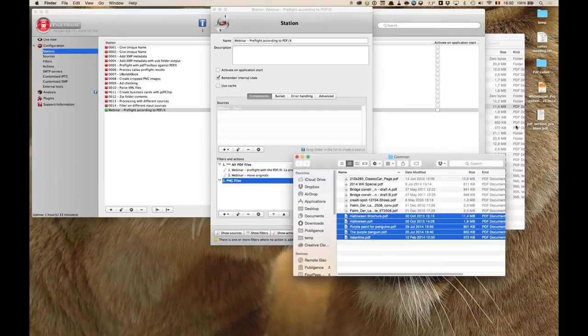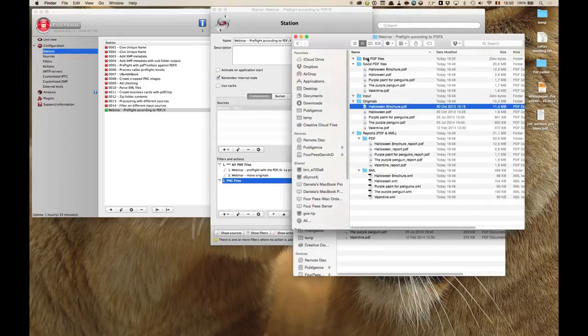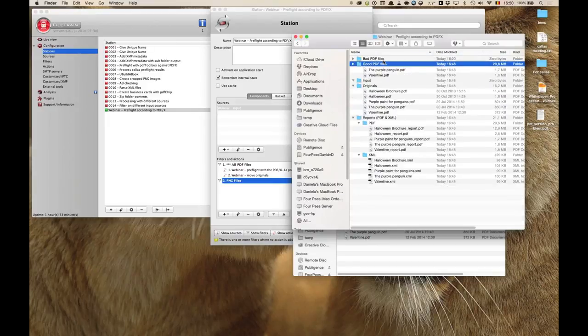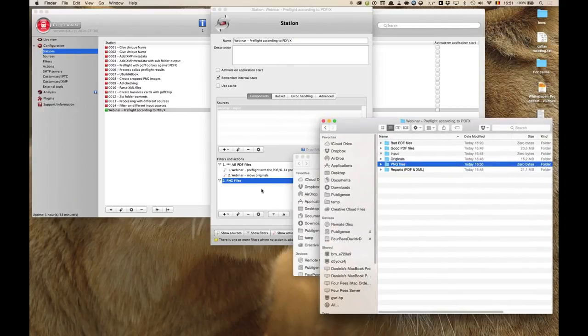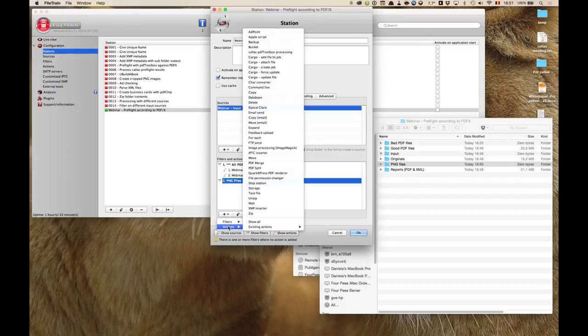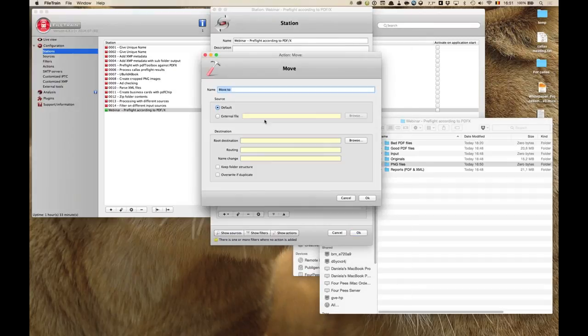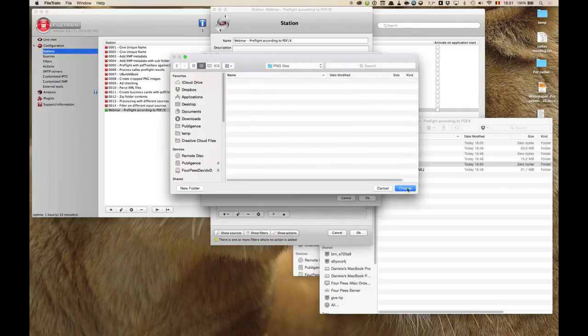So I could, in my folder for that station, let me close these things up and tidy up a little bit. So in my folder structure here, I could say, well, if someone sends me PNG files, then I simply want to store them in a folder and not bother with them. Well, store them means action, move. We call that webinar move PNG files. The default file, because it's the file that is coming in, and then just as I did before, I set the location